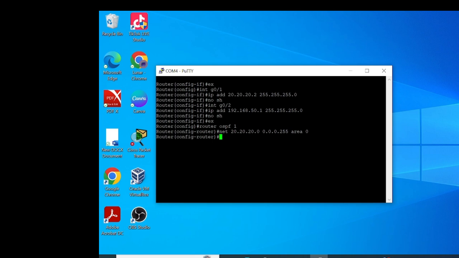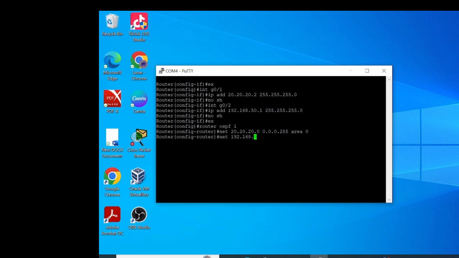And then next, in the configuration, enter network, choose the IP address in G0/2.